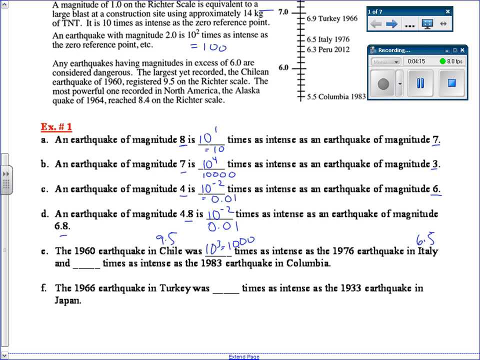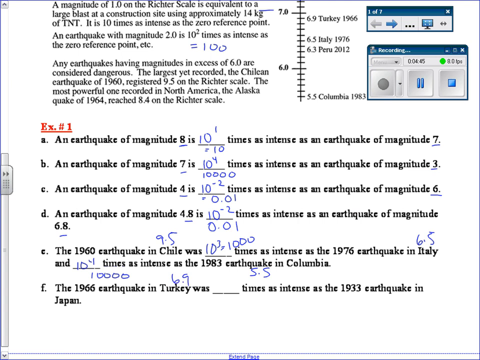And the earthquake in Colombia in 1983 is 5.5. So the 1960 earthquake in Chile, which is 9.5, is 1,000 times as intense as the 1976 earthquake in Italy, which is 6.5, and it's going to be 10 to the 4, or 10,000 times as intense as the 1983 earthquake in Colombia. The 1966 earthquake in Turkey was,